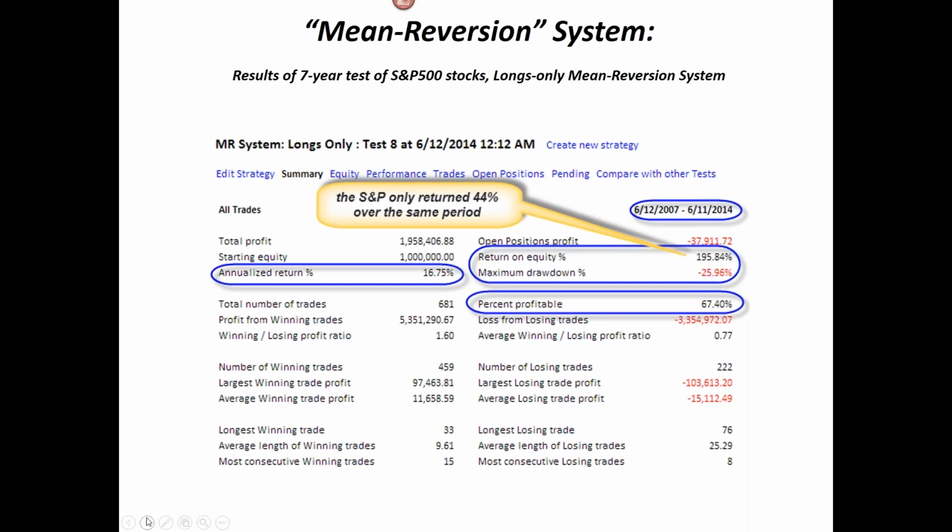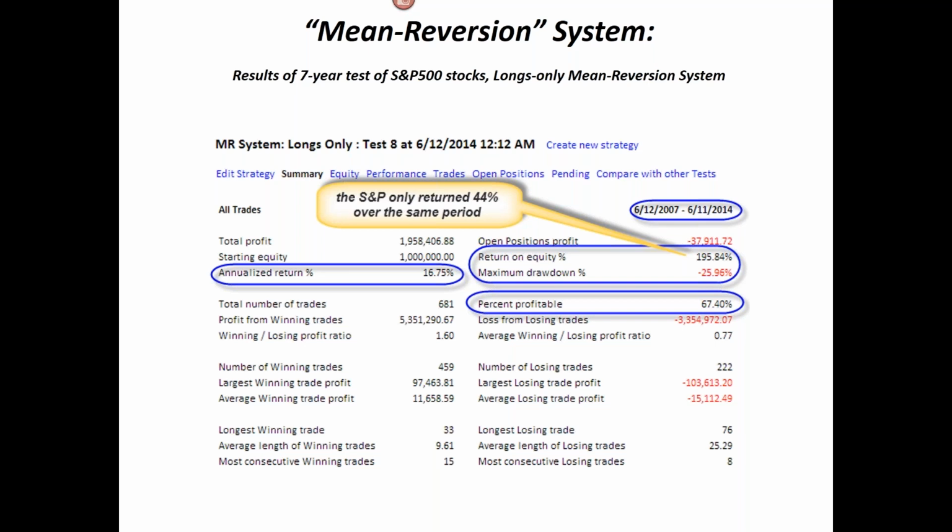Whenever any of those stocks experienced a mean reversion setup, long or short, in fact, I think this is longs only. Yeah, this is the longs only version. And this is a very bullish period for the market, so the longs only version is likely to work better than the shorts only version. And here are the returns. So 7-year period, we had an annualized return of the system, the mean reversion system, of almost 17% per year, compared to